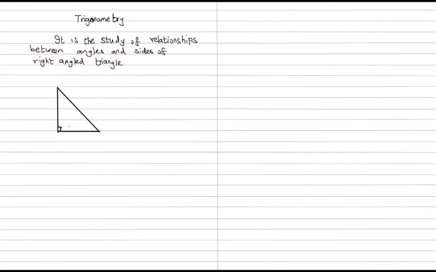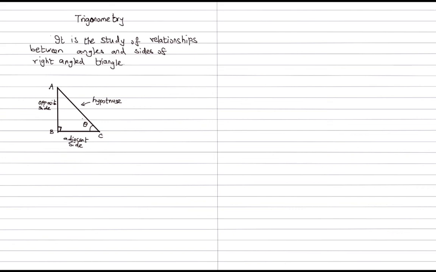The side which is opposite to 90 degree is called hypotenuse. Let's consider the triangle to be ABC, right angled at A, and AC will be the hypotenuse. In trigonometry, the angle that we are considering, we call it theta. The side which is opposite to angle theta, we call the opposite side. And the side which is adjacent to theta is called the adjacent side. So angle C, we call it angle theta in this right angle triangle ABC.